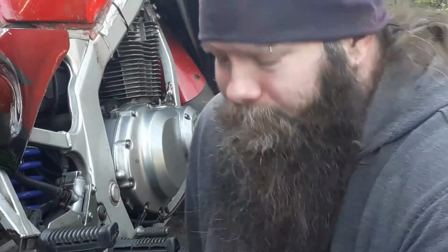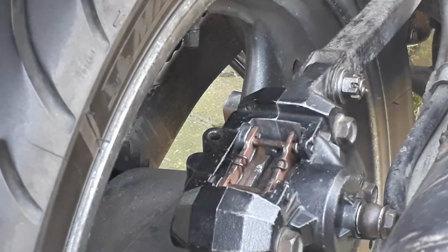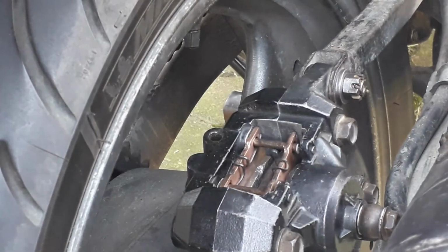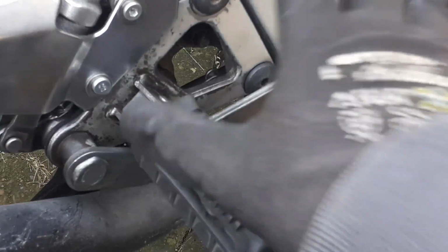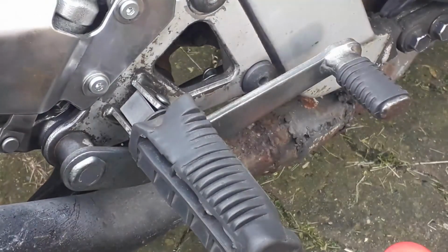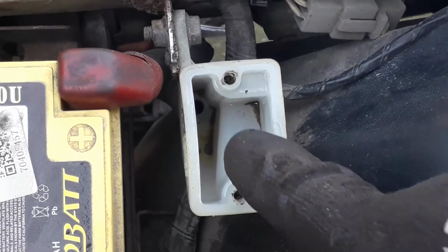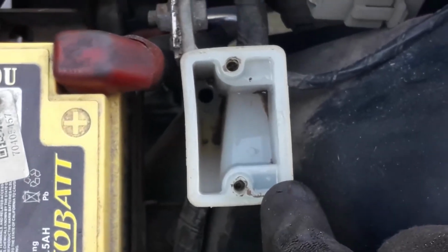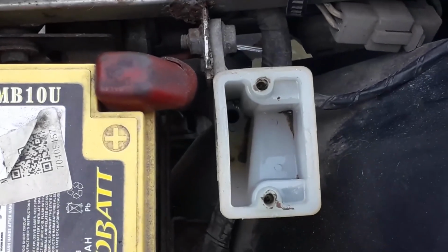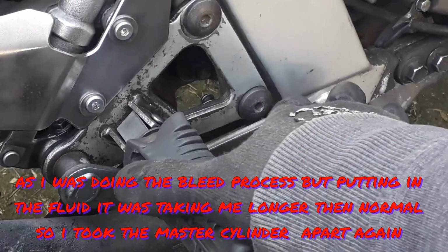So this is how it's going to go. As I'm pushing this lever down, and then when I go to release it, I would put my finger over the brake hole, and the fluid will be pumping down the system, it'll be drawing it down. So you'd have to keep an eye on this whilst you're doing all of that, because the fluid will be going through that hole there, through the system. So you've got to keep an eye on this as well, whilst making sure the fluid goes through to the caliper, through the caliper hole. Brake, down,